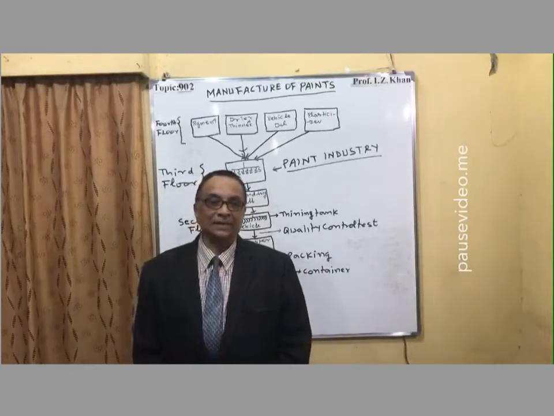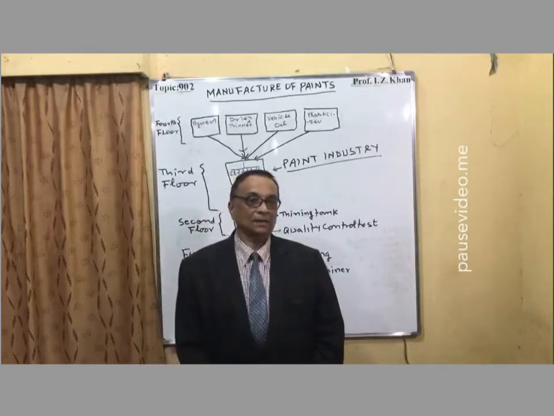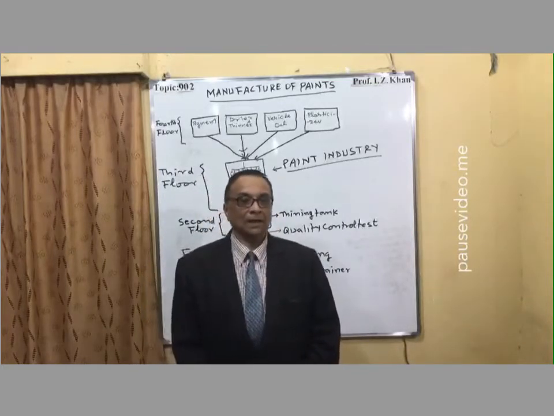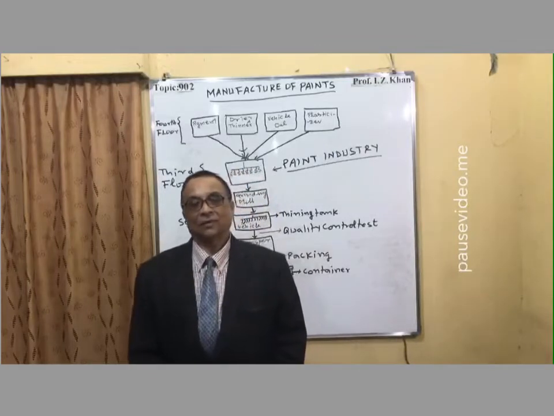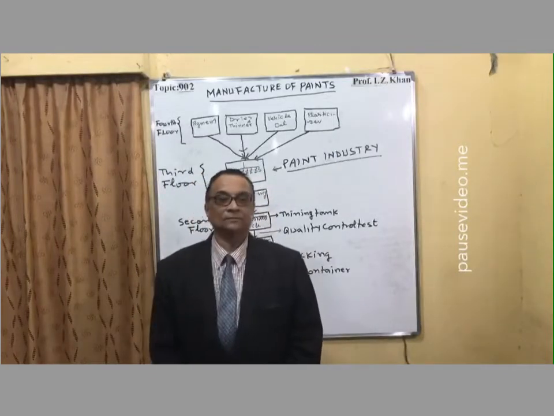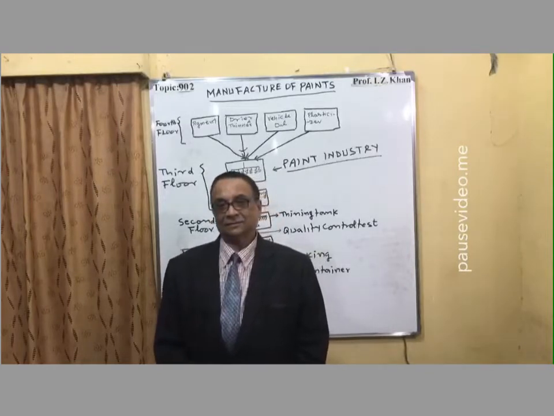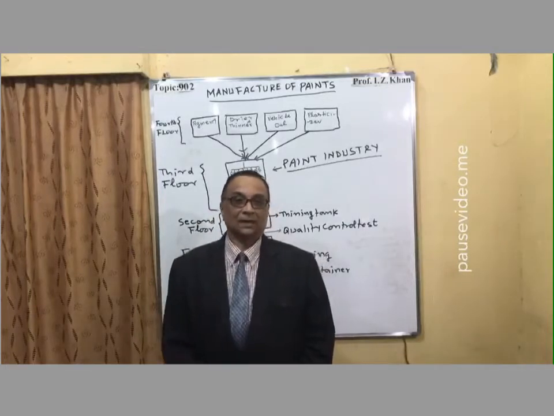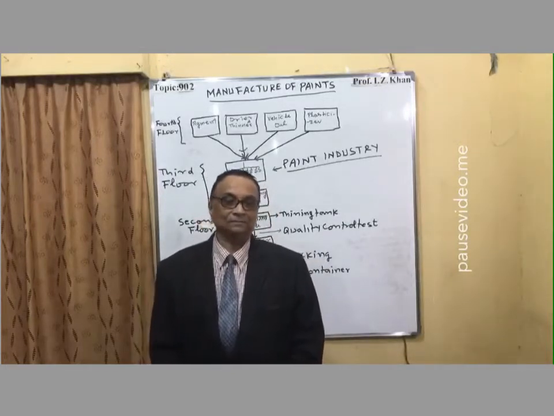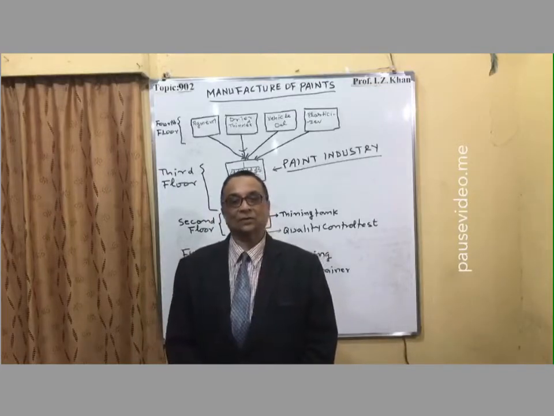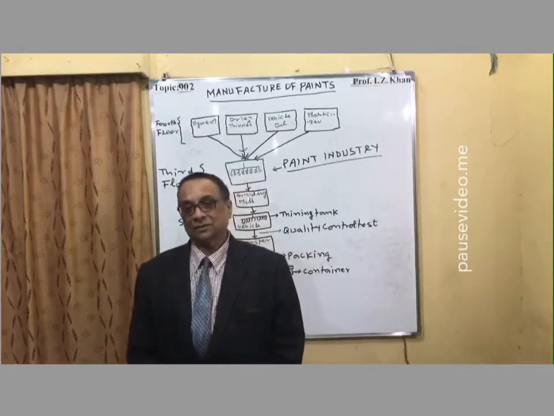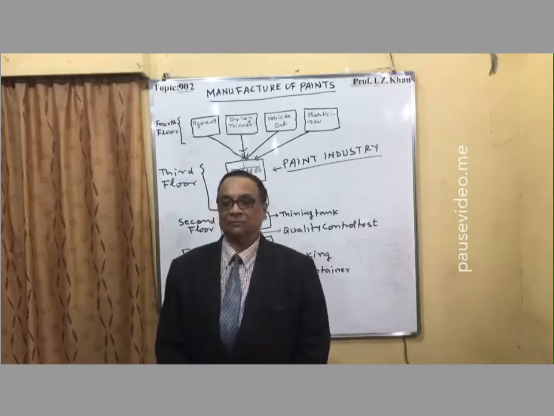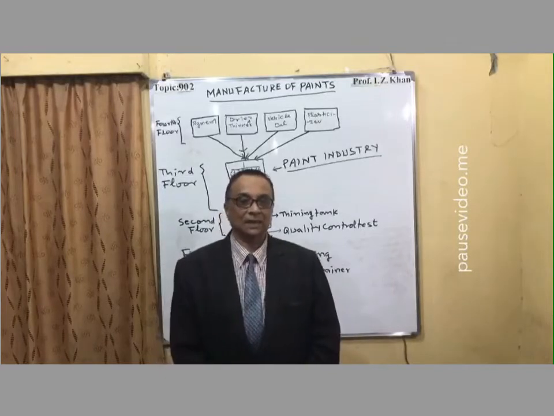In this paint industry, the grinding and mixing is very important, and this whole plant given here on the whiteboard is all automatic. I have given just a sketch diagram here, but it is a fully automatic plant. Each floor follows its own work, and it is transferred to the next, and then to the third, and then fourth, the ground, and finally by automatic belt it will be packed. The packaging machine is there, and you will get the paint.